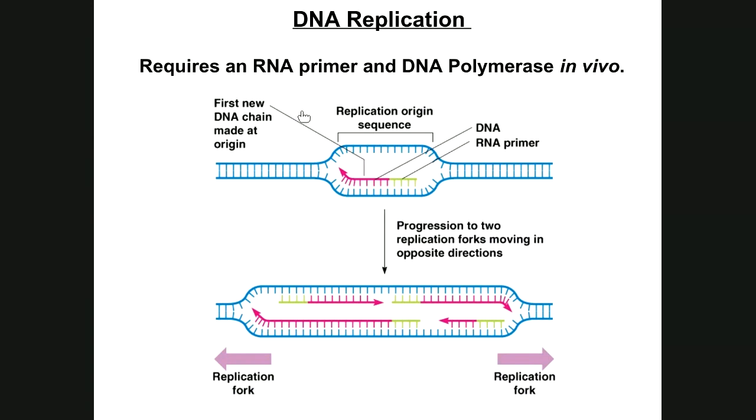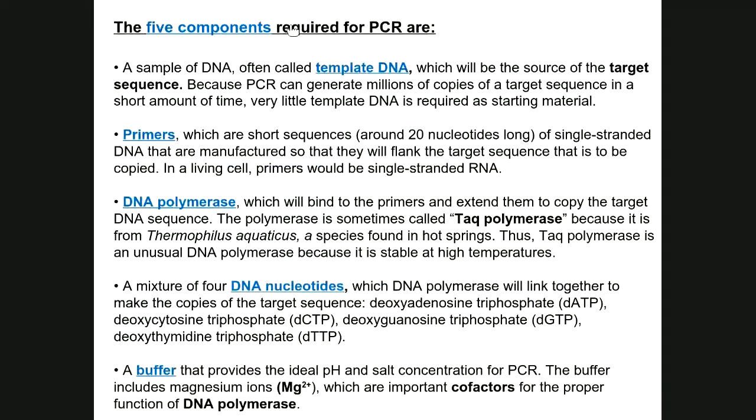So as I said, in vivo DNA replication requires RNA primers, short single-stranded RNAs, which is depicted here. But for PCR, it's different. Now, I'll talk about the primers a little more in a second, but what I want to go over overall is